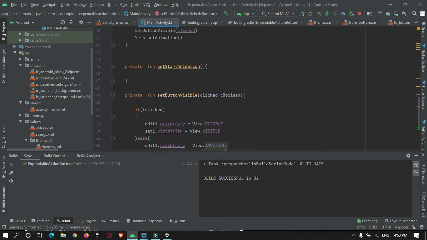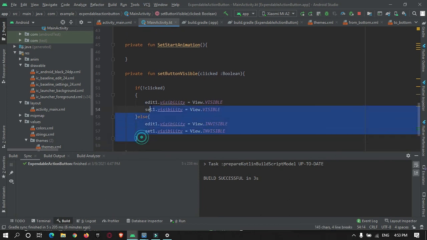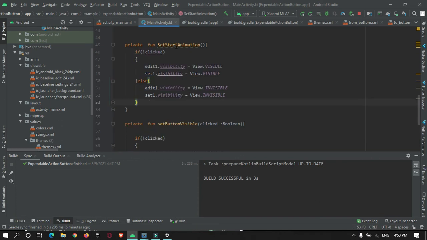So the button is set to visible. Now just copy this if statement, and we need to do the same thing with animation.